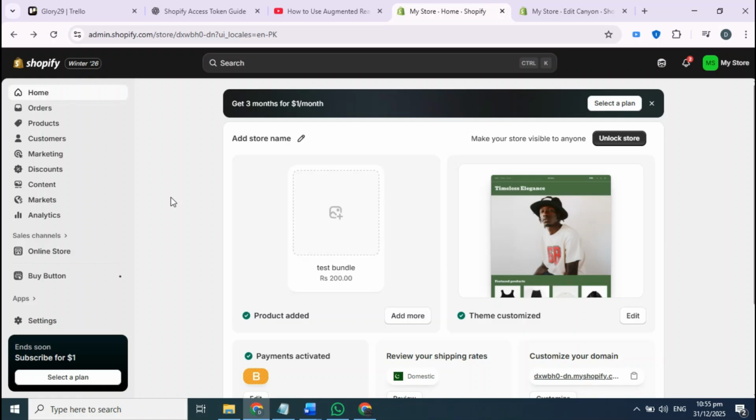In today's video, I'm going to show you how to use augmented reality and 3D models in Shopify to enhance your product pages. Whether you're trying to boost customer confidence, reduce returns, or you simply want to create a more immersive shopping experience, this simple step-by-step guide will walk you through everything you need to know. AR can truly change how customers interact with your products, and the best part is, it's easier to set up